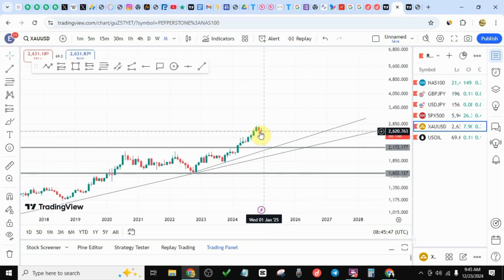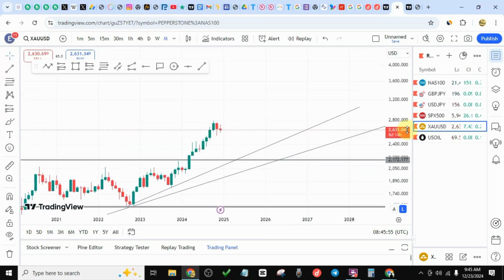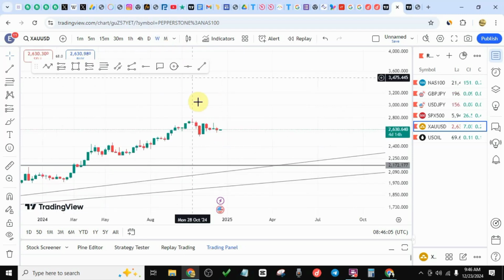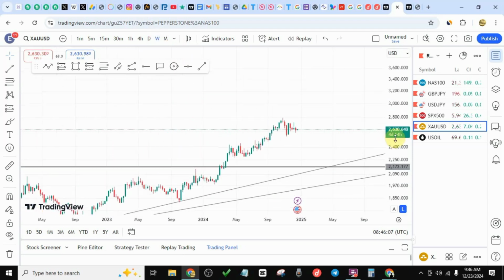Now last month was kind of weak, but you see that the bulls have come in, right? That was why you see this massive wick right there. There's this massive shadow right here. So it was like a draw between the buyers and the sellers in this gold market. That means the buyers are still very much strong from the monthly analysis, but if you go to the weekly analysis,